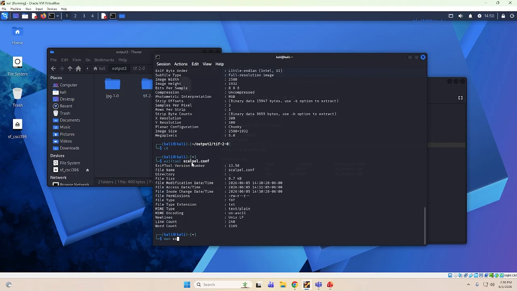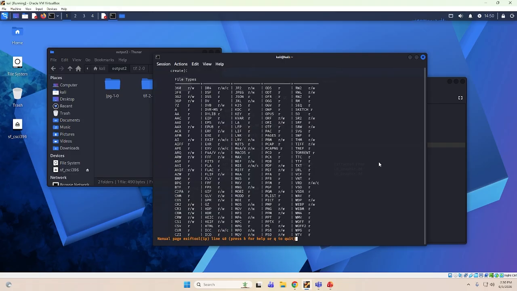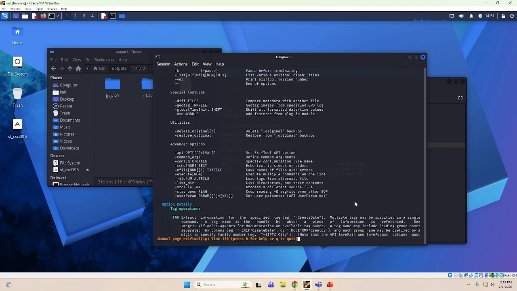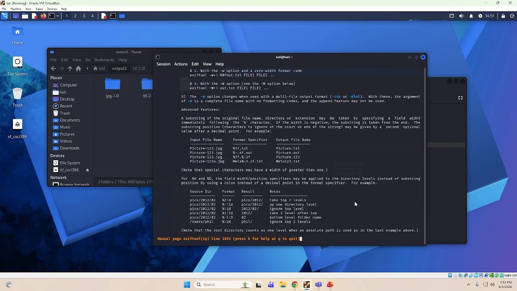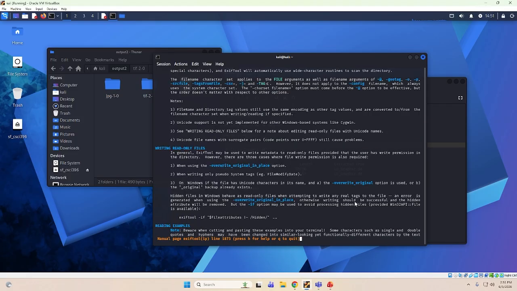You can do a man exiftool, and that will show you quite a bit of information. In fact, these are all the file types that this tool supports. The meta information in this, whether you can read, write, the particular information for all of those. Notice it says "and more" because there's probably a lot that it supports that it doesn't list in this, along with all of the flags and descriptions of everything. At the bottom here, just hitting page down, this is a pretty long man page. There are